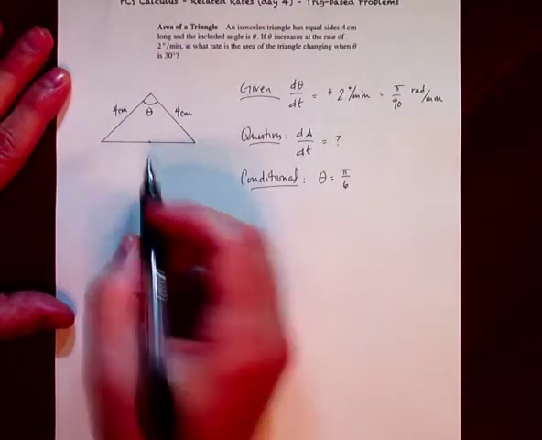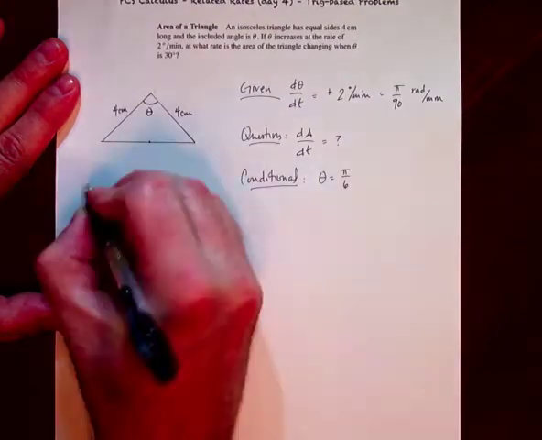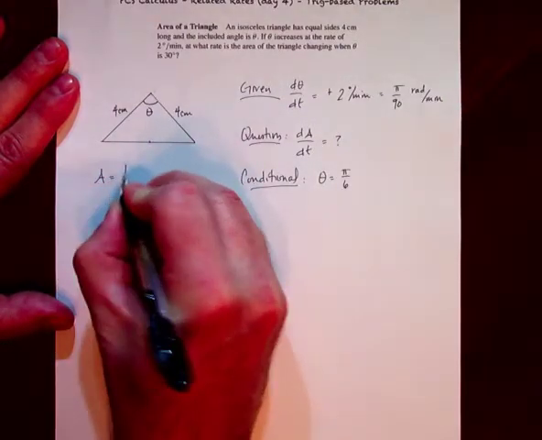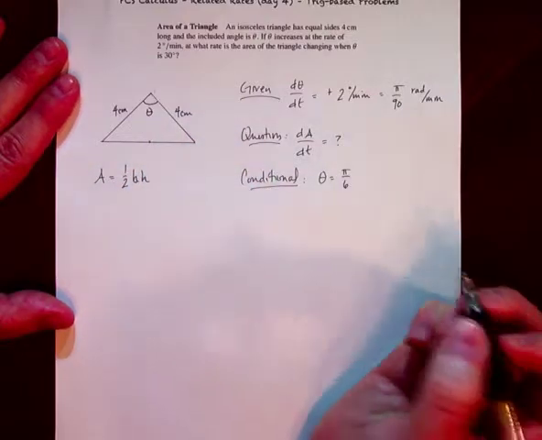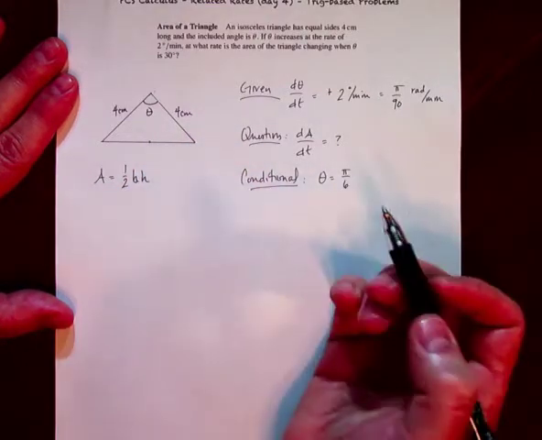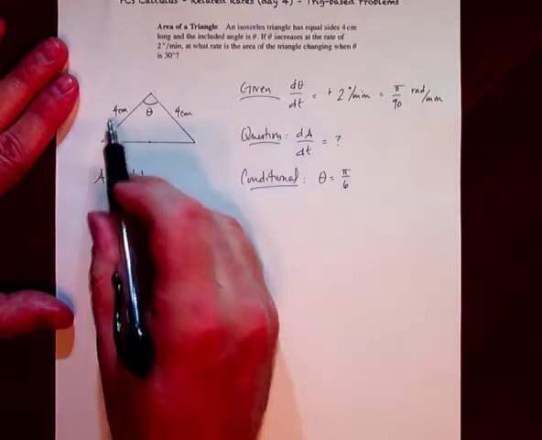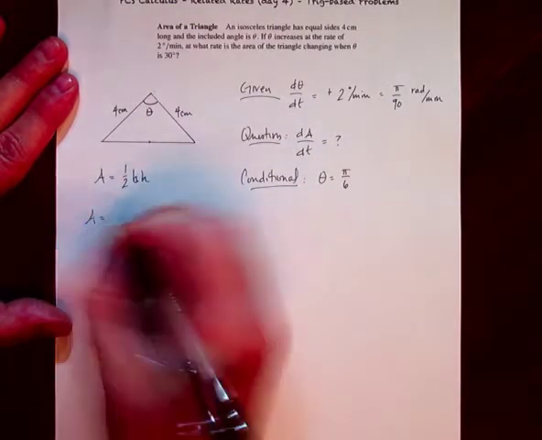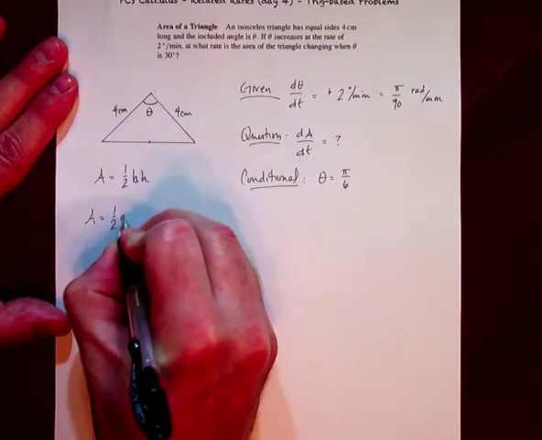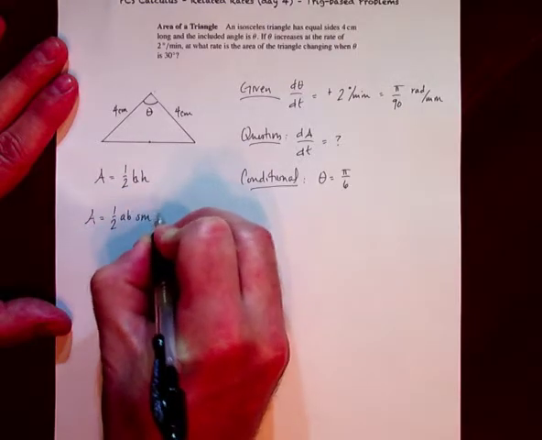The question is, how am I going to calculate this area? Now remember, the normal area formula for a triangle is 1/2 base times height. But the height and the base are both changing, and basically we're given these two sides and the included angle. So I'm going to go for the 1/2 AB sine C